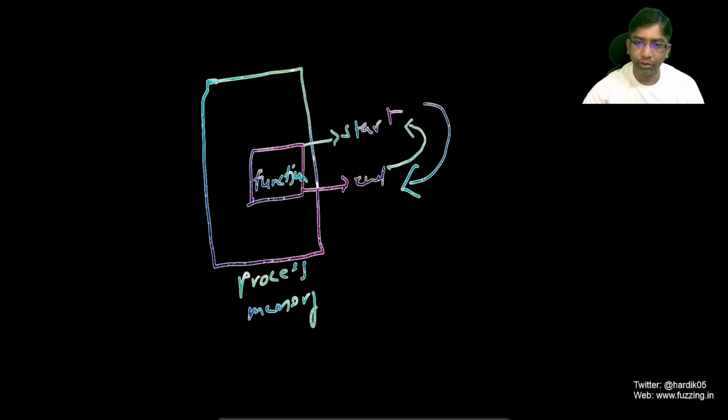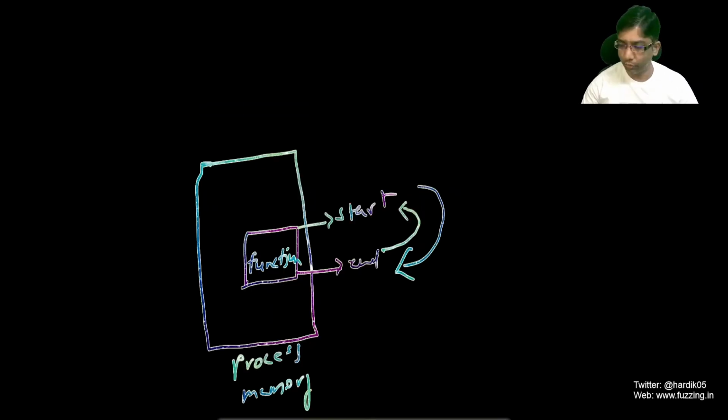So here's a bit of theory. How does it work? Now let us understand how in-memory fuzzing works. In case of in-memory fuzzing, your fuzzer doesn't need to call the fork system call. Basically, it will fuzz the function which you give it, and suppose there is a function which you want to fuzz. The fuzzer will go to the start, it will mutate the data, it will let the function which you want to fuzz process the data, it will monitor it for any crashes, any hangs, or any new code coverage, and then it will act accordingly.